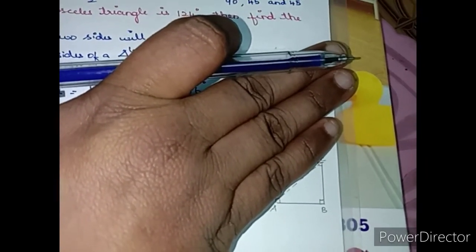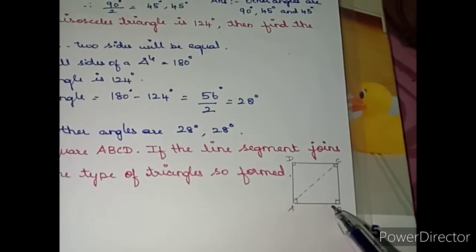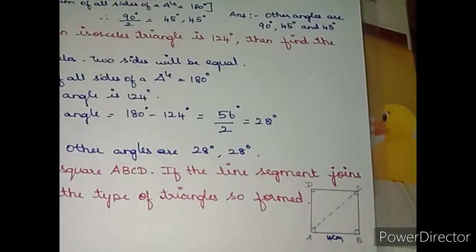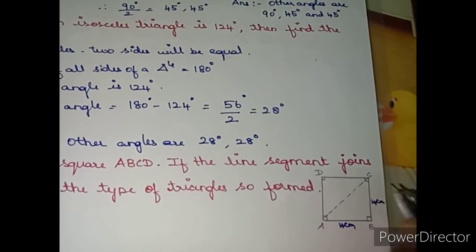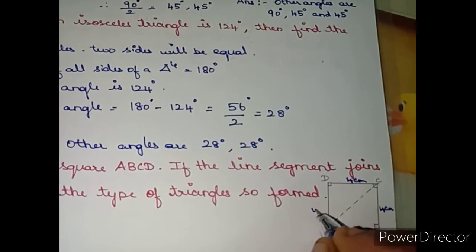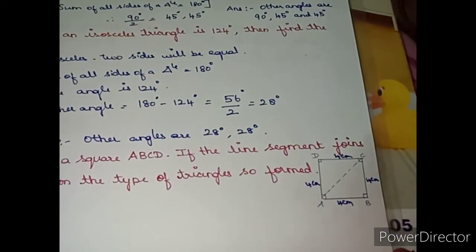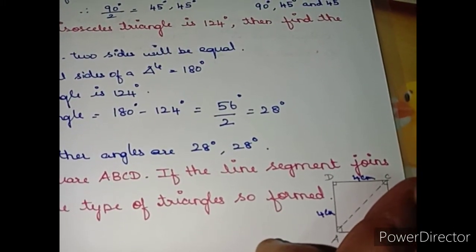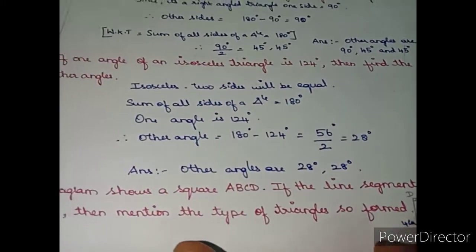Okay, so right angled and it is a square. So, all the four sides will be equal. So, it is a right angle and the two sides will be equal here. For example, if this is 4 centimeter, all the four sides will be 4 centimeters. Okay, so if I am closing this one, two sides will be equal. So, it is a right angled isosceles triangle. If you close this one and see the same thing, it is a right angled isosceles triangle.